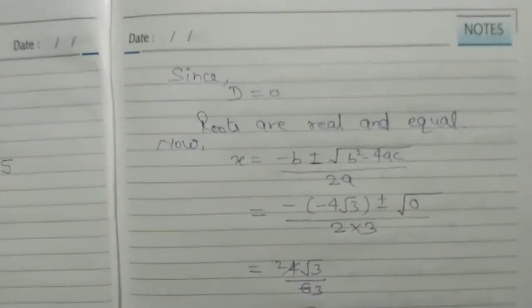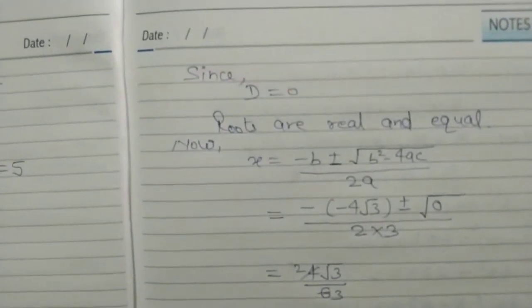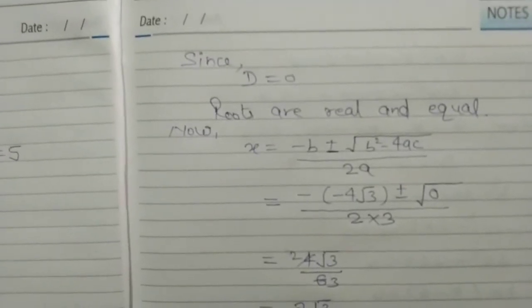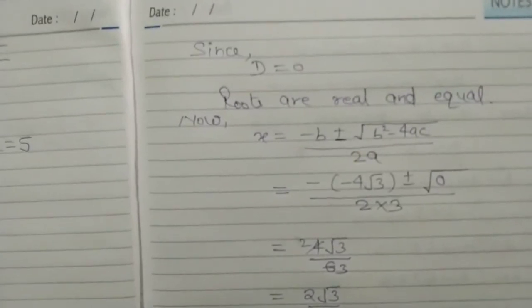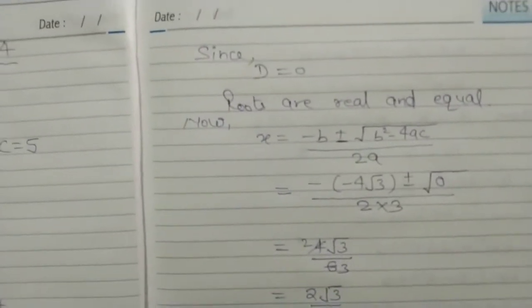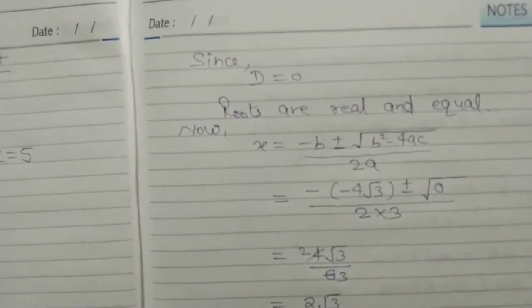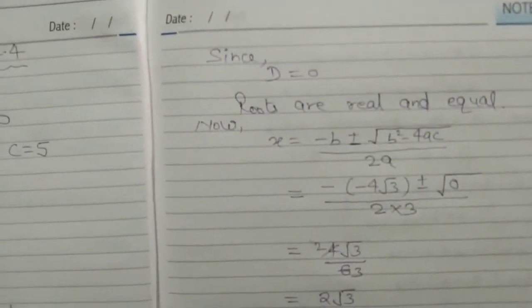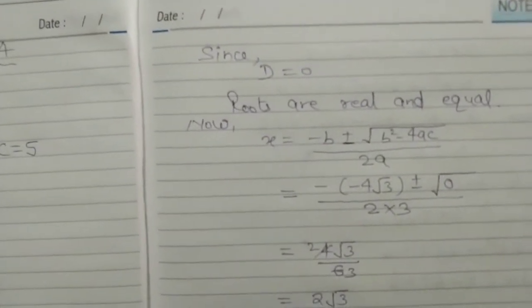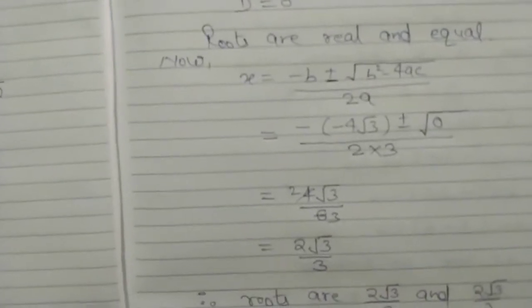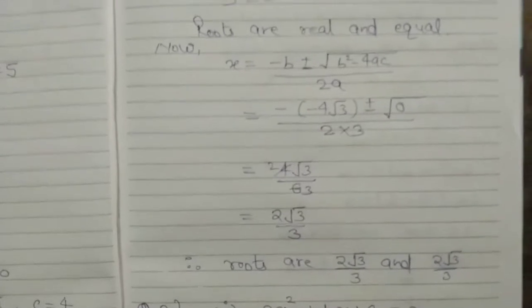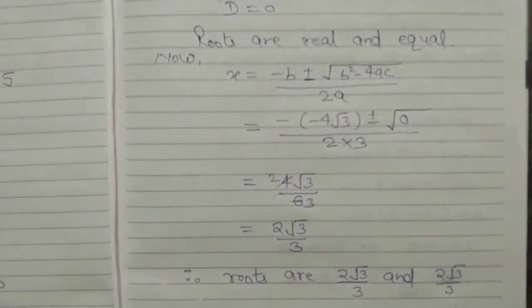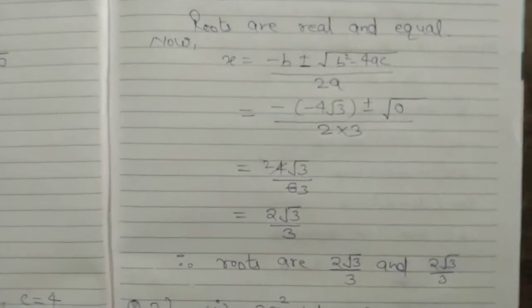In this case we have to find the value of roots also. So we will use the quadratic formula, x equals to minus b plus minus root b square minus 4ac upon 2a. Substitute the values of b. In place of b square minus 4ac we can put 0 because it is already solved, okay. So on solving this, the answer will come 2 root 3 upon 3. Since the roots are equal, we can say roots are 2 root 3 upon 3 and 2 root 3 upon 3. Is it clear? Okay. Now come to question number 2.